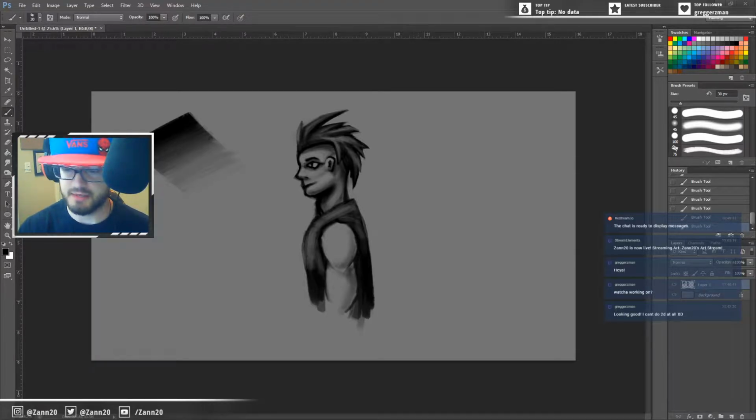But yeah, I just started with the head. Normally, I'd use a lot more layers too, but like I said, I was messing around, so I was like, just throw everything on one and go for it. It's very interesting. His hair looks crazy good, I think, and I modeled the face pretty well, and the arm looks three dimensional. I really like these brushes,